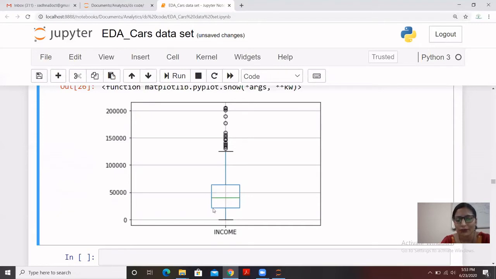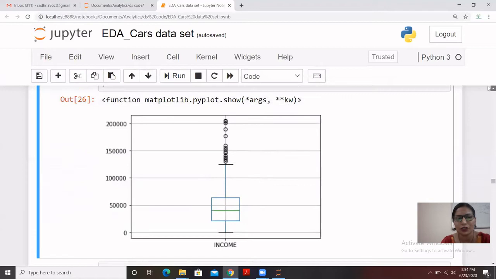So this is 25%, this is 75%, this is 50, and the range here is minimum and maximum. So anything which is coming here, that data is beneficial for you. We can use that for further prediction, or you can say for further model building. Anything which lies outside these boundaries, we have to treat that as an outlier. I'll be talking about how to remove those. First, let me check different outliers in our data set.